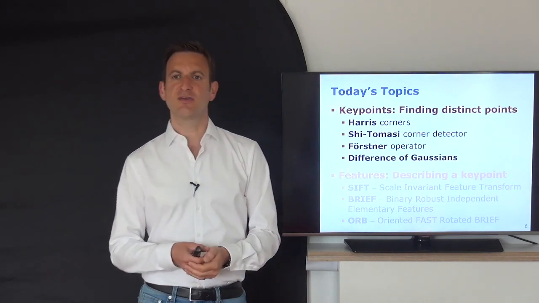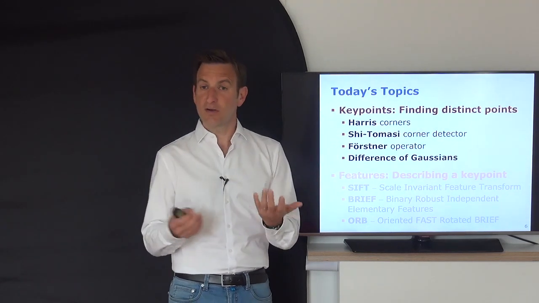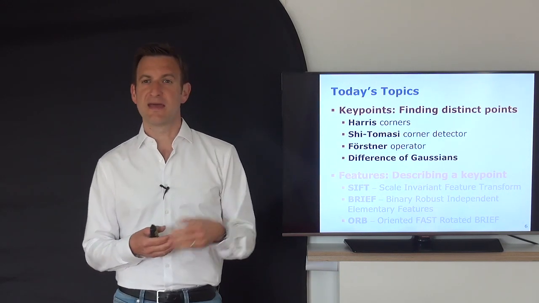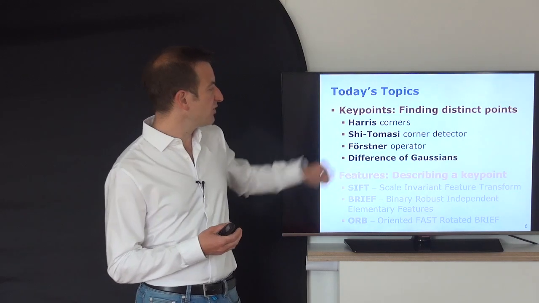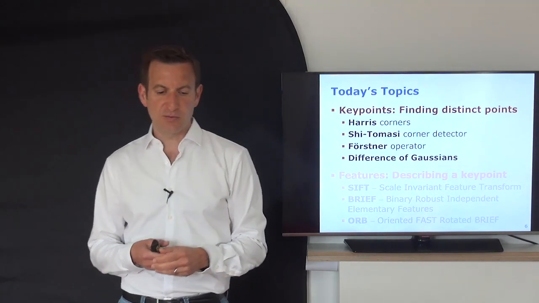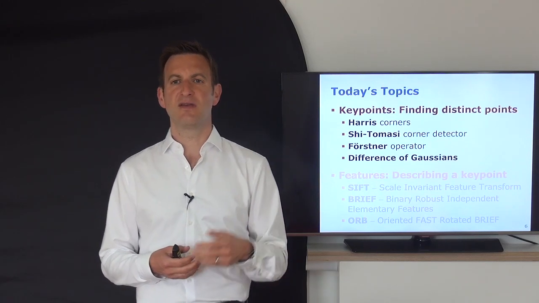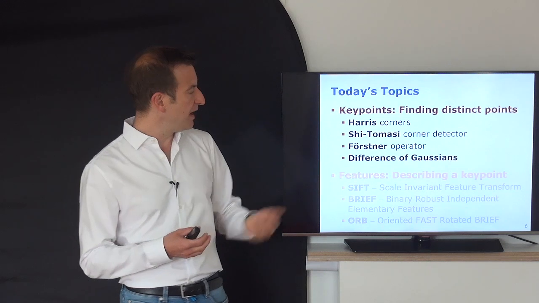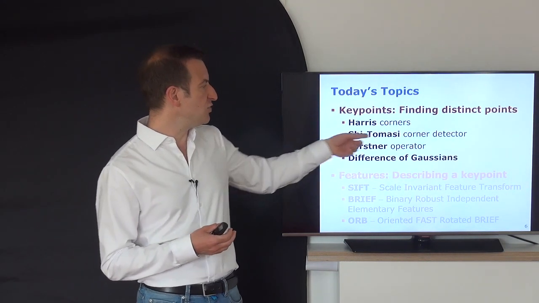We start with Harris corners, one of the early techniques used to do this. It's basically a corner detector. An improvement of this, Shi-Tomasi, and then the Thurston operator, which was actually the first operator trying to find locally distinct points in the environment. But the Harris and Shi-Tomasi actually gained a higher popularity over the years,